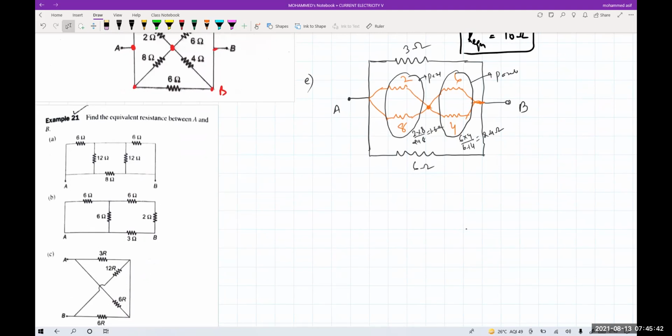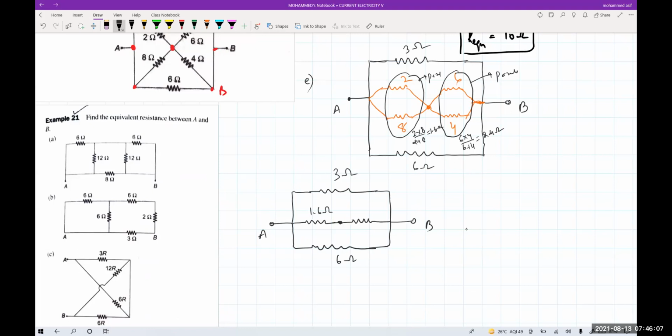Yes, sir. Okay, now see, above resistance as it is, below resistance as it is. This is your terminal B, this is your terminal A, this is your 3 ohms, and here it is 6 ohms. Now if I am taking this combination, how much total did I get right now? 1.6 ohms. This is your joint, and here this one is connected. This one is how much for me? 2.4 ohms. Now these two are in which combination? 1.6 and 2.4 are in which combination?